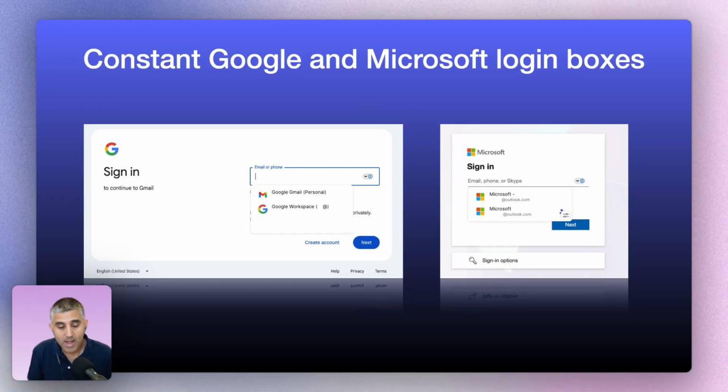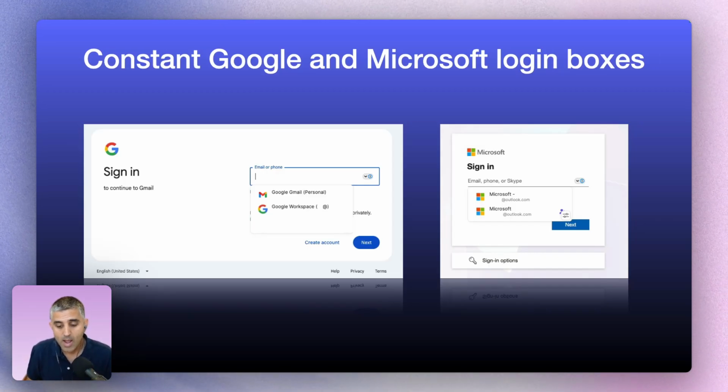The next problem I've had, especially starting last year in 2025, is just constant email login box prompts. And I found it incredibly annoying to have to constantly re-verify myself and re-login to email accounts, even on Apple Mail, Microsoft Outlook desktop client and software, both on my MacBook and PC and iPhones and iPads. It's just so annoying because I found it really disrupts my